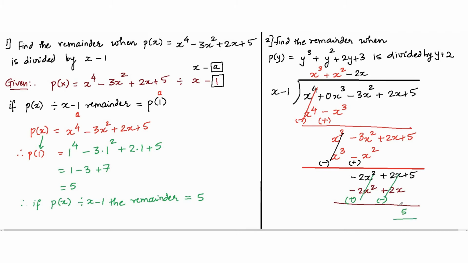So you will notice that the long division method gives me the quotient, as well as the remainder, but it takes quite some time to get the result. Whereas in case of the remainder theorem, I don't get the quotient. That is one drawback of the remainder theorem. However, I get the remainder very easily, right? So this is one of the advantages of the remainder theorem, that I can get the remainder by just simple substitution. Let us now solve the second question.